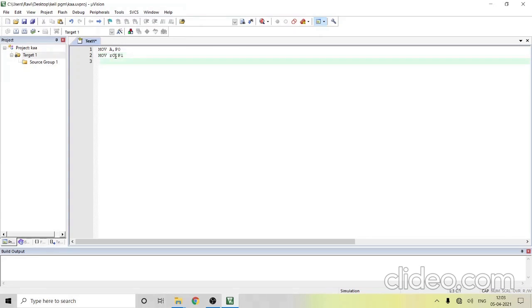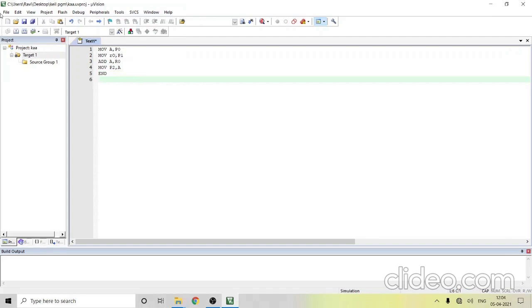After that I will add A, R0. So now addition is over. Just we have to move the output. Now the output will be there in the accumulator. So MOV P2, A. Port 2 is our output. So the accumulated value will be moved to port 2. END the program. That's all, our program here. So addition is a very simple program.